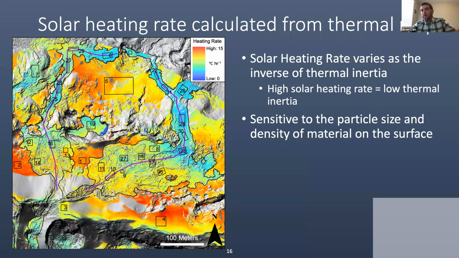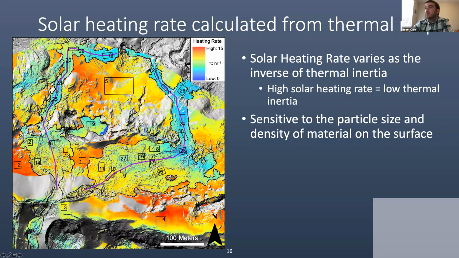What we do with the drone data is use the time series of temperature maps to calculate the solar heating rate. Solar heating rate is a proxy for thermal inertia and varies as the inverse of thermal inertia. So a high solar heating rate is comparable to a low thermal inertia material. And again, this data type is going to be sensitive to particle size and density of the